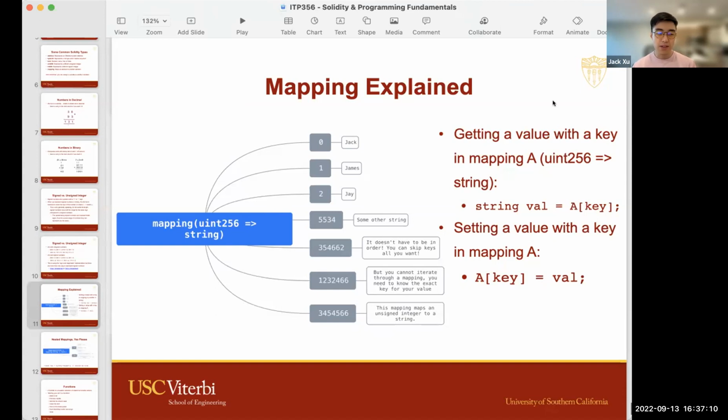So in some instances you can't really use a mapping alone, or you need a separate counter to keep track of the size. Take the ERC20 example I said earlier, with the mapping from address to uint, keeping track of the balance for each address.